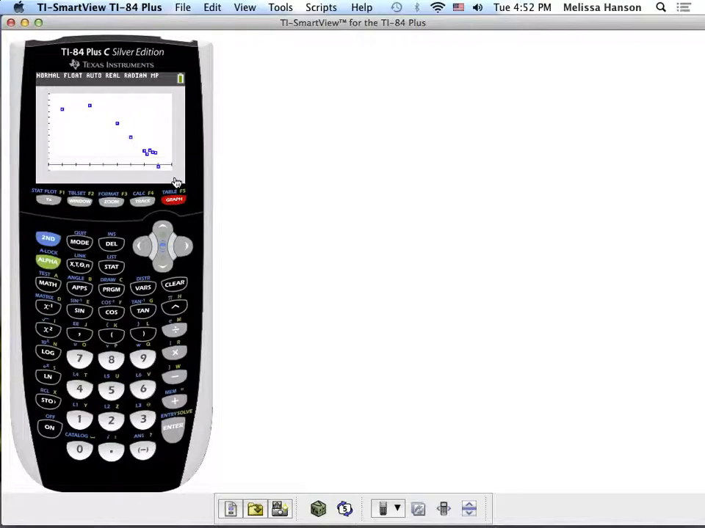Now the degree of a linear function is 1, and the degree of a quadratic function is 2. The degree of a cubic function is 3, and the degree of our quartic function is 4. Now, based on the way this plot is